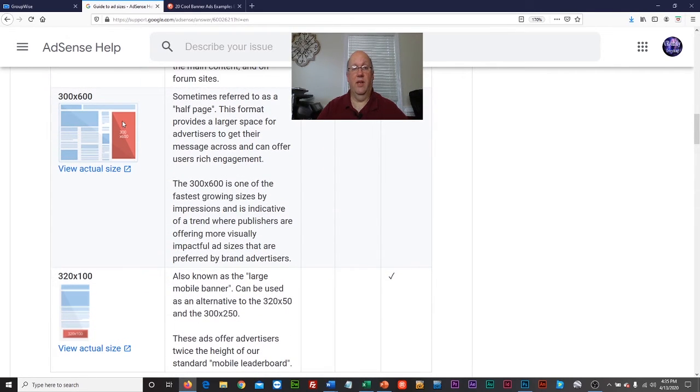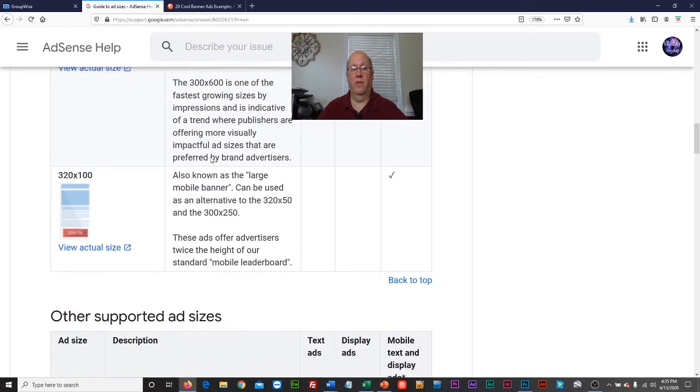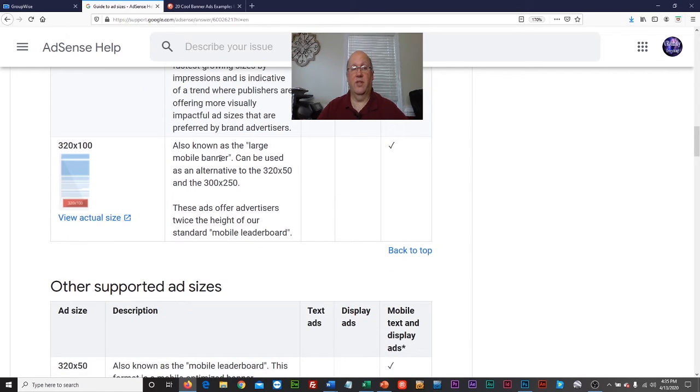Then we have what they call the half page, 300 by 600. Now this, I suspect, would be a very expensive ad to purchase, but you can do it. It is available, and your client may want it. And then finally they have something here, 320 by 100, and this is designed for mobile devices. This is known as the large mobile banner, and it fits. If you're browsing on a little bitty tiny mobile phone, that is a way that you can get a banner